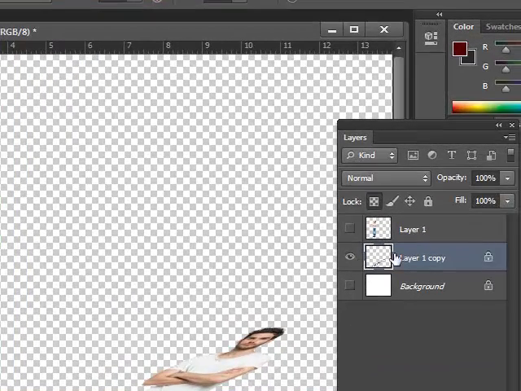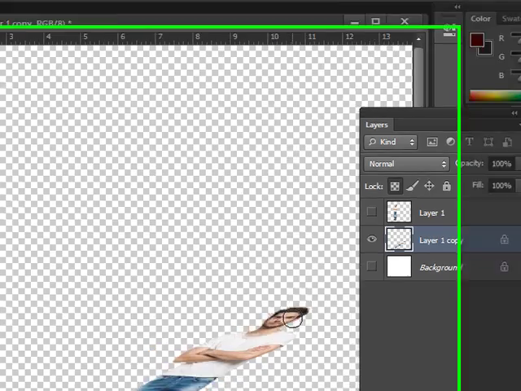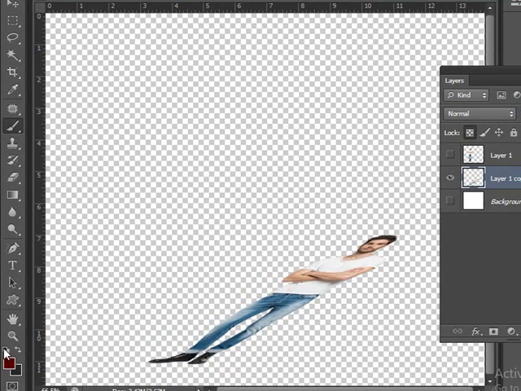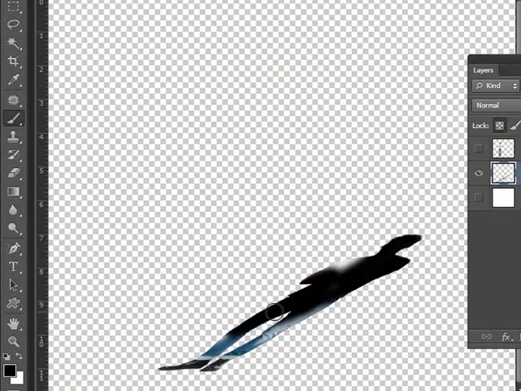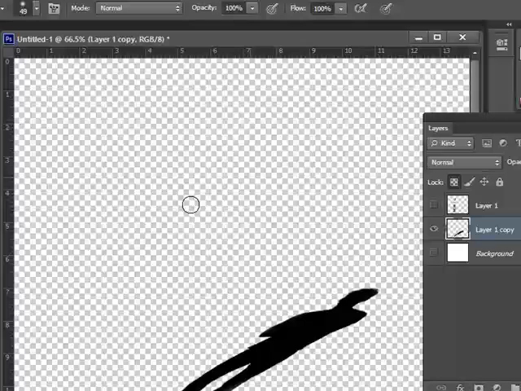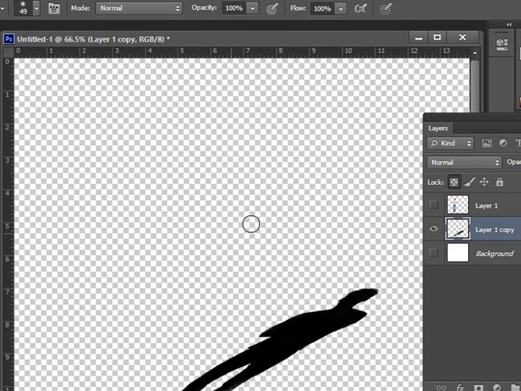So here, since I have locked it, it is showing that it is locked. Now you see that its foreground color is black, because shadows are generally gray in color. So now if I drag my mouse, it will only fill the image area, because I have locked the transparent area, it will not be able to apply color to it. Even if I try to fill it with a color, it will not be able to do so, because Photoshop has locked the transparent area.